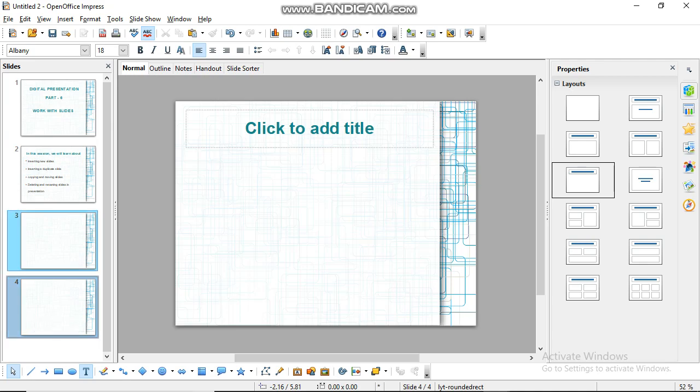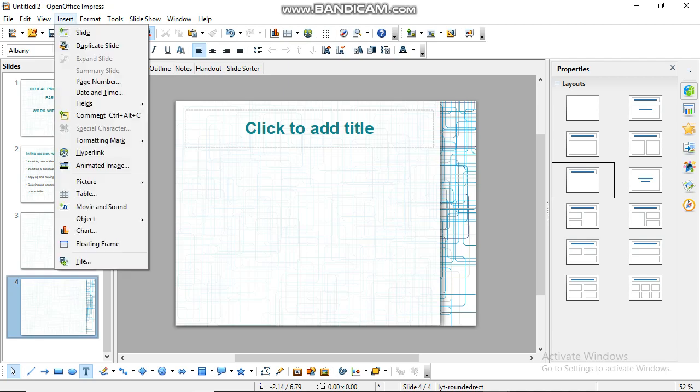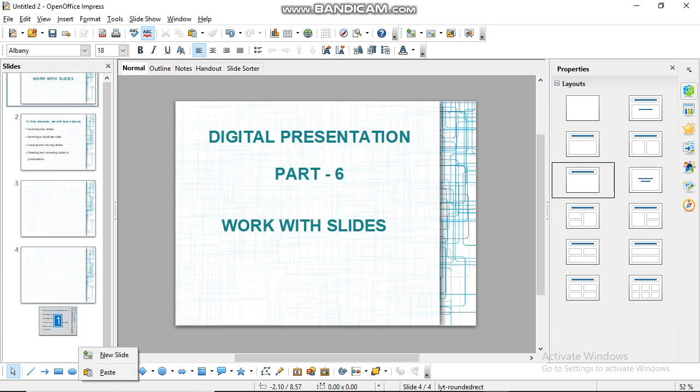So this is also how a new slide can be inserted. So there are two ways you can insert a new slide, one by clicking on the insert menu and then clicking on slide, and another in the slides pane you can right click and click on new slide.